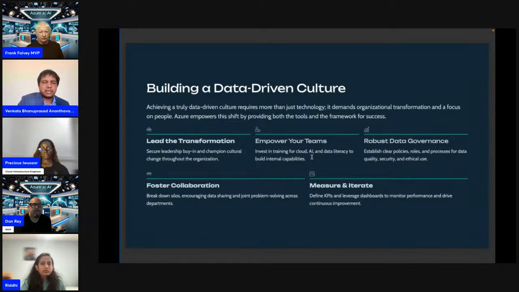Mainly the key benefits are leadership-driven strategy, democratized data access, data governance for trust, skills development, collaboration, and continuous improvement. A mature data culture emphasizes measurement, experimentation, and iterative learning. Here, Azure's scalable infrastructure supports rapid experimentation, model deployment, and performance tracking, driving ongoing optimization. By aligning all this technology with people, process, and governance, organizations can move beyond data collection to true insight generation, creating a culture where decisions are consistently guided by measurement, evidence, and continuous learning.